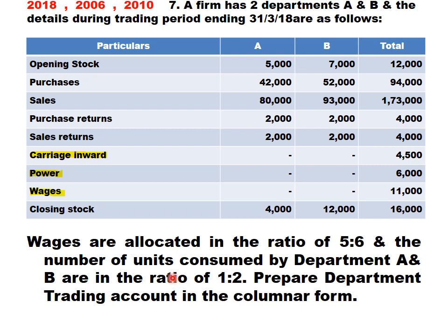So students, the area of concentration specifically is only on 3. Wages distribute in 5:6. Power distribute in 1:2. Carriage inward distribute in net purchase ratio. Now first working note you